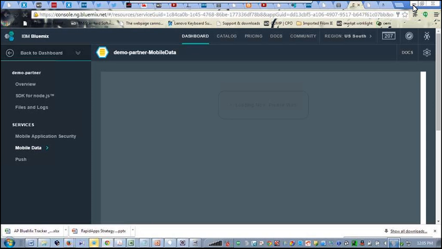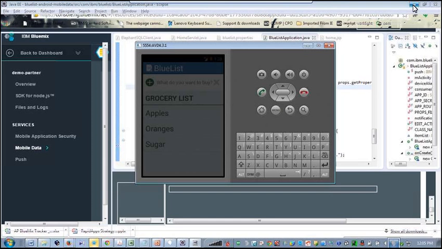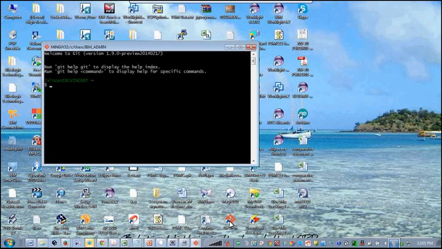What I'll do is quickly open a bash console. There's a git bash console that you might need to download. Basically, the Cloud Foundry command line interface. You can download this command line interface, an exe file, from the internet if you're using a Windows environment, and set it up. Once you have set it up, you can quickly log into your Bluemix from the command line interface using a basic set of commands. This command which I'm typing now is used to log into the Bluemix environment: cf login -a